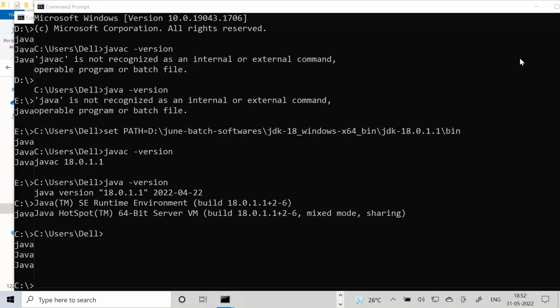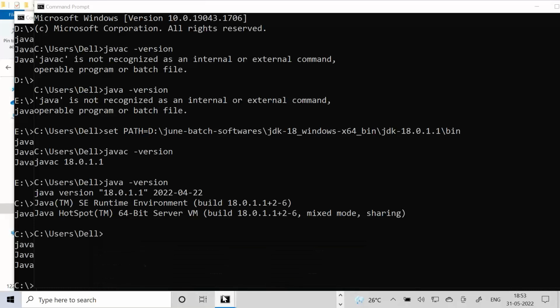In a day, we may be studying 10 or 15 hours. At least 4 or 5 times we may be restarting, or the power might go off. Whenever you open a command prompt, you need to set the path. It is not at all a recommended approach, but you should know this also. We clearly understood how to set a path for one command prompt and what the limitation is. The limitation is that it is local to the current command prompt and not visible to another command prompt. Got it or not?